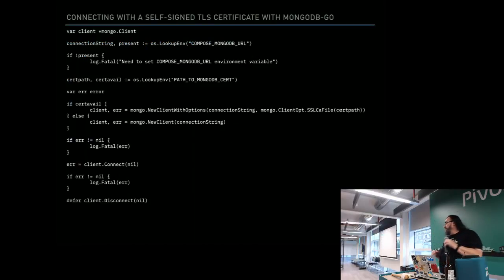Flip over here. It's kind of cleaner to code with. Hate to say it, but you know. Here's a bit of code. If you look at the top, we're just getting the connection strings. If it's SSL, if it has a certificate, that's all you need to do. No fiddling around with X509 structures and bits of crypto. It already knows about that. Otherwise, just connect. And you can defer your disconnect as you want to.